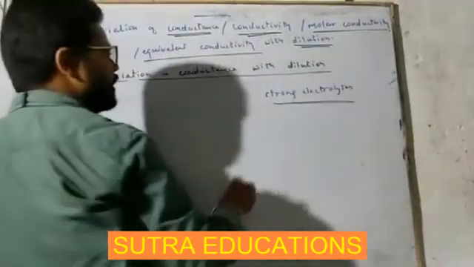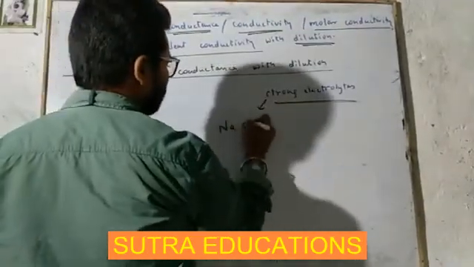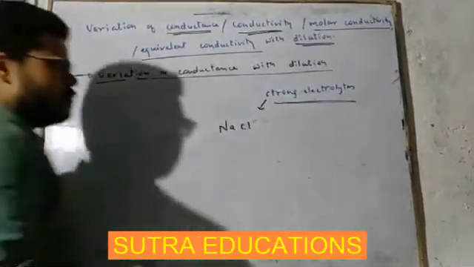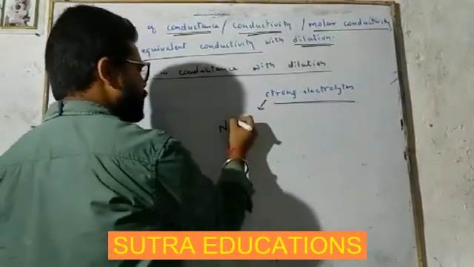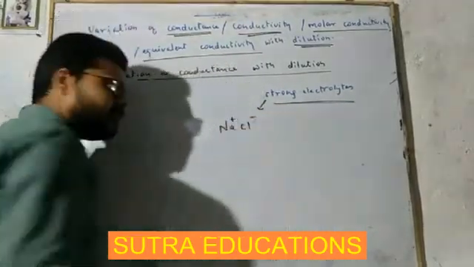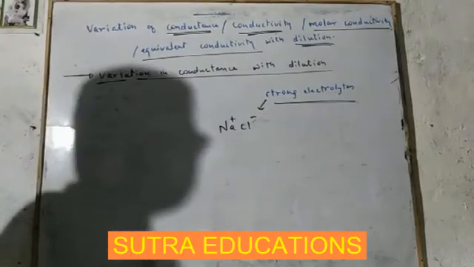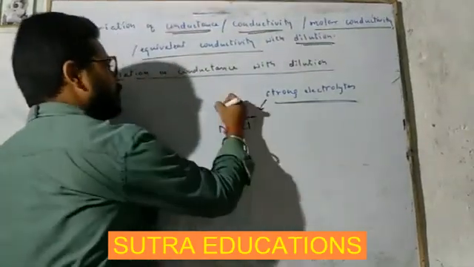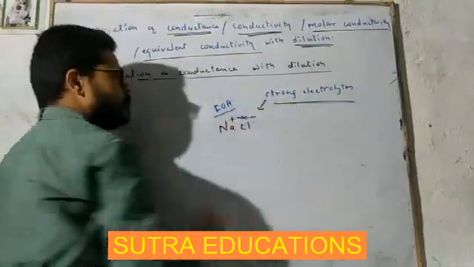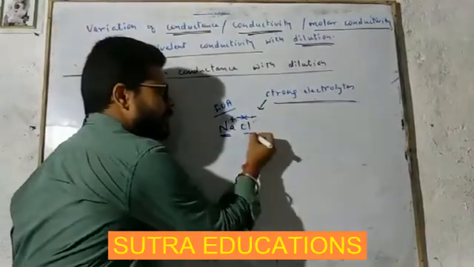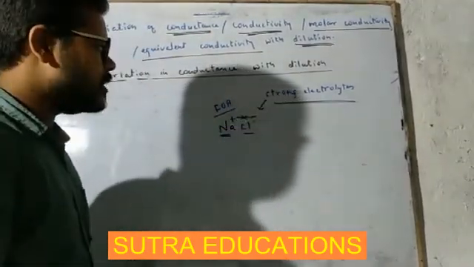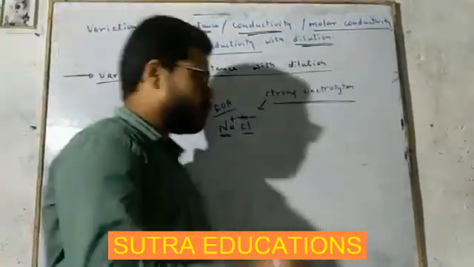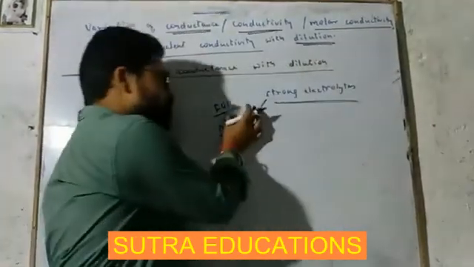Say strong electrolyte, one example is salt, NaCl. Initially this NaCl is present in the form of Na+ and Cl-. So there exists a force of attraction (FOA) between this cation Na+ and anion Cl-. And due to this, these two ions are not capable of moving freely, as there exists a force of attraction between